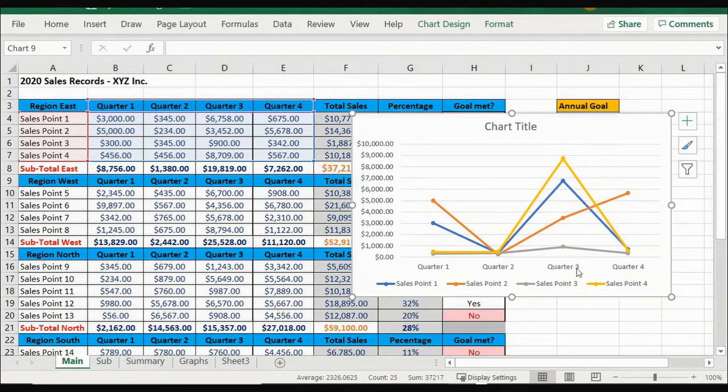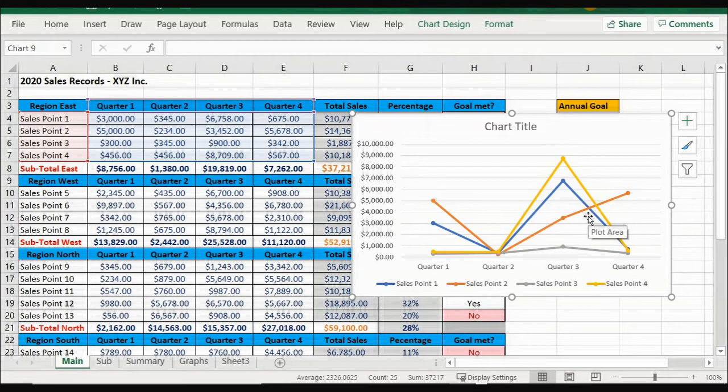This is the case, like generally, if you say, okay, quarter 2 was not good, maybe there is a general reason for that one. Between quarter 2 and quarter 3, that was really good, because generally, if you say overall, each sales point had an increase, but between quarter 3 and quarter 4, each sales point had a decrease, but only sales point 2, which is this brown color, had an increase. The line shows the trends, and pie chart shows the proportion as a whole, and bar